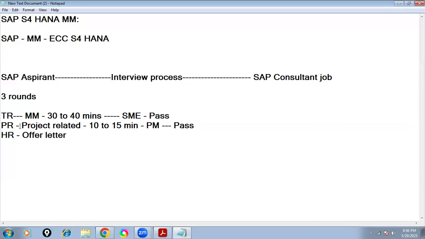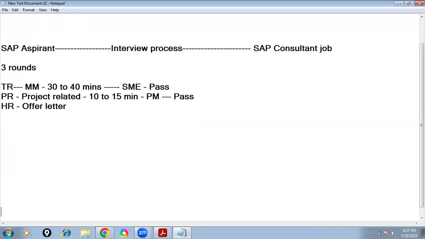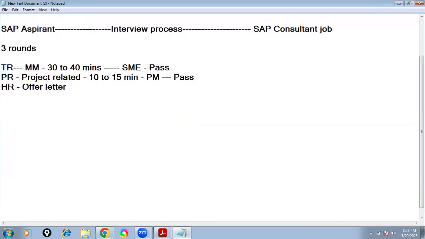Without knowing this, simply learning the course and spending money doesn't help you. So here is how I teach. My training program has been running for the last 7-8 years or more. I train students who want to enter into SAP. I divide training into level 1 and level 2, the L1 and L2 programs. In L1, I cover the subject.